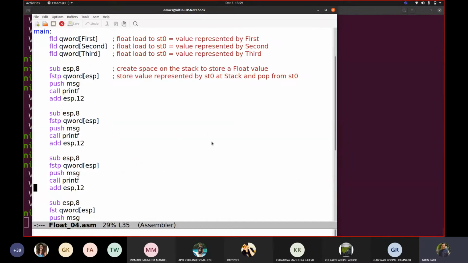I will remove the last part. So this comment which I added for sub and FSTP would be true for all, because it is always going to pick from ST0. All floating point instructions will work with ST0 only. So how many instructions did we see till now? 3. Is that fine? Yes, sir. Okay, good, so I will keep this as it is.